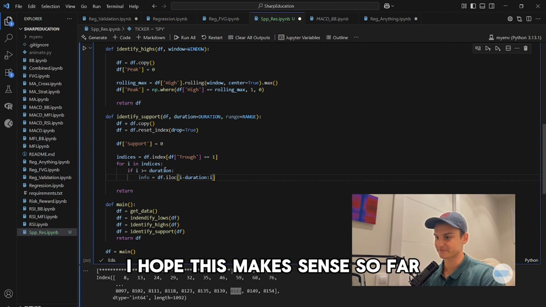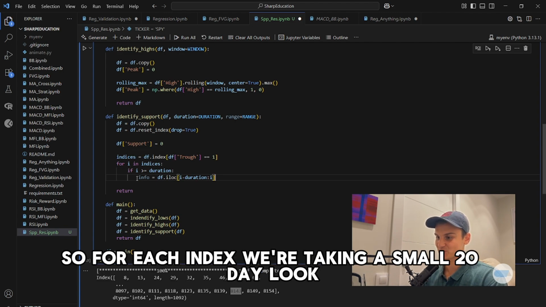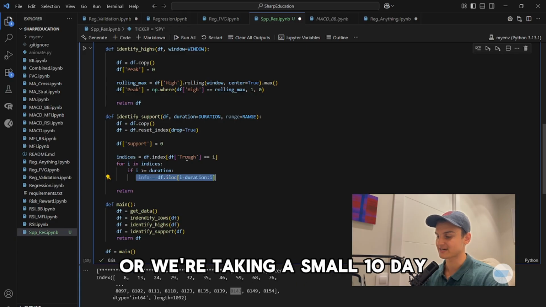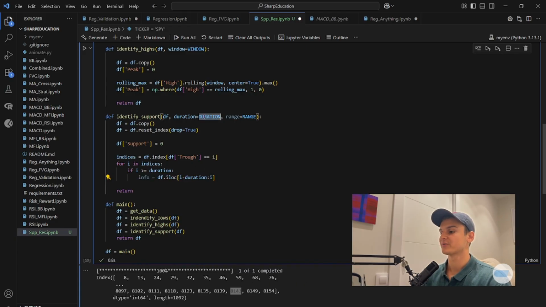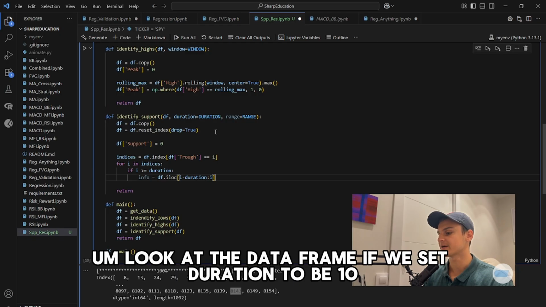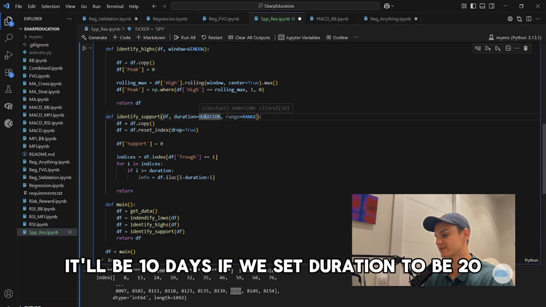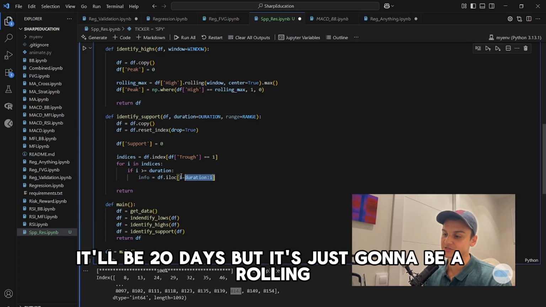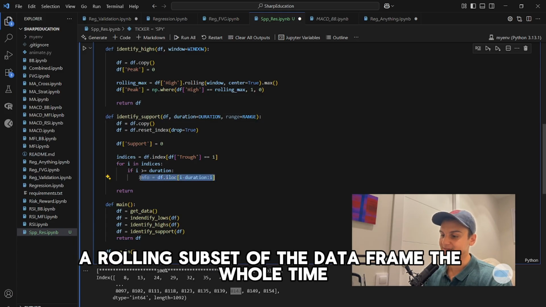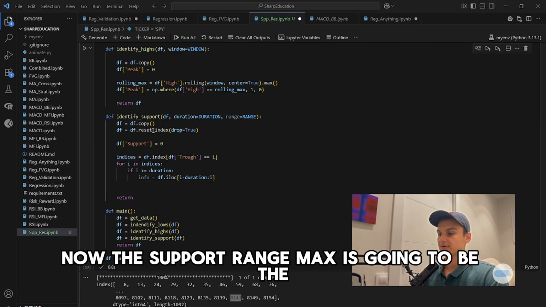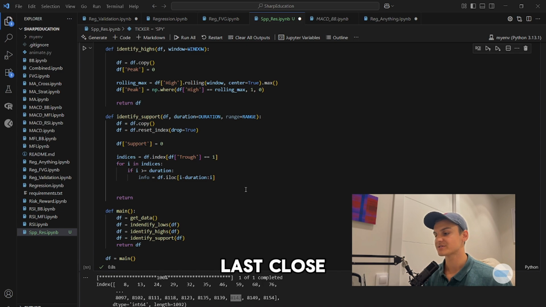I hope this makes sense so far. So for each index, we're taking a small 20-day look, or a small 10-day look at the data frame. If we set duration to be 10, it'll be 10 days. If we set duration to be 20, it'll be 20 days. But it's just going to be a rolling subset of the data frame the whole time. Now, the support range max is going to be the last close value plus the